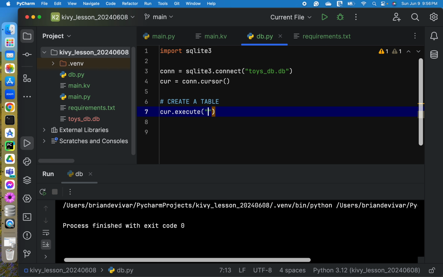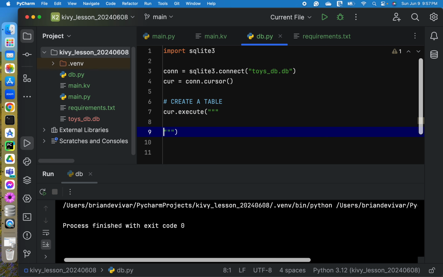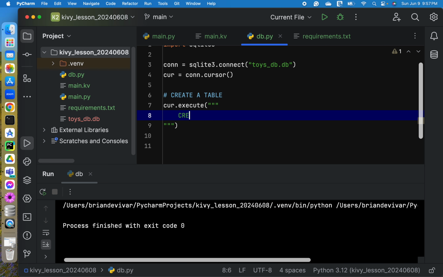So let's proceed with creating our table. So this is basically an SQL statement.